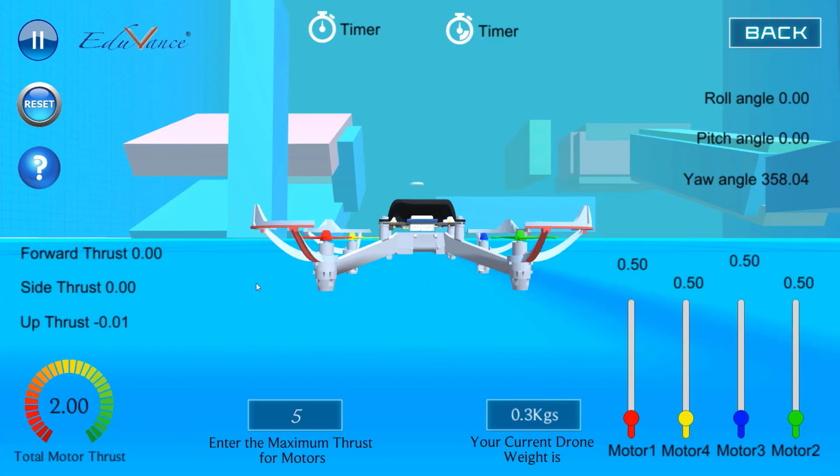So I hope this lecture was clear and I want you to now go ahead and try this on your simulator. And if you have any doubts, feel free to come back and watch this video. Please understand that for you to practically understand how a drone pitches forward and backward, I want you to try this using our simulator, play with the values. It's okay if you struggle a little bit, but that is where your real learning about drones will come.